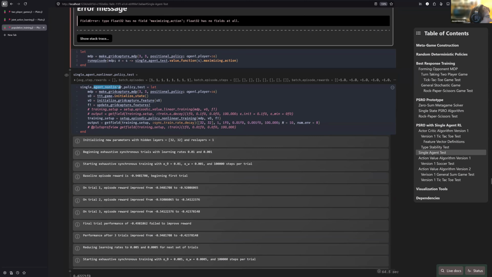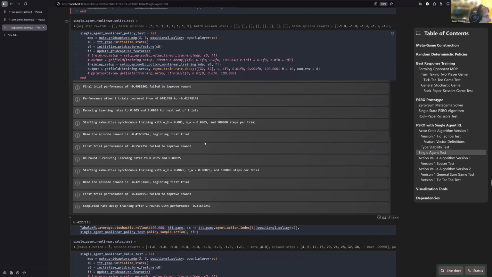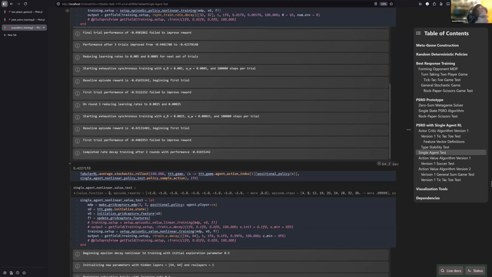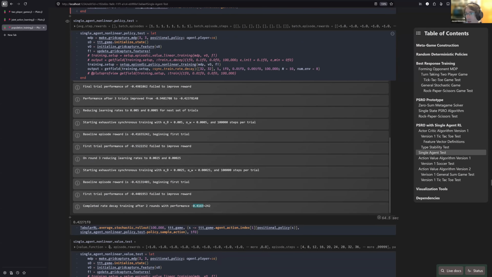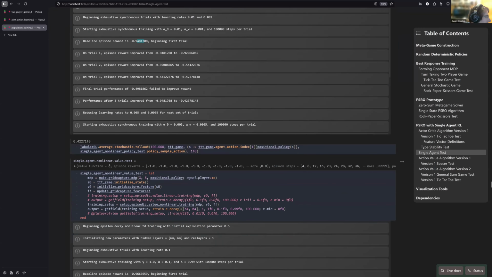So this is doing it with a nonlinear test where I'm actually using a feature vector, and I'm using a neural network with some number of parameters. And you can see that these hyperparameters are not optimized at all, and this neural network is probably too small. We can see here that this converged to this value, right? It's definitely not converged. We also know it's not close to the optimal solution because the value here should at least be 0, not negative. It did start out with a much lower value. So it did learn something, but did not converge to the